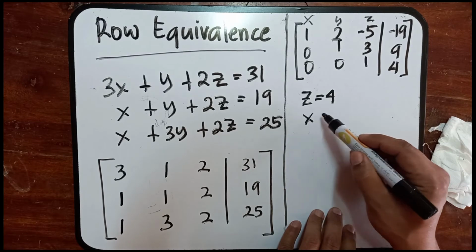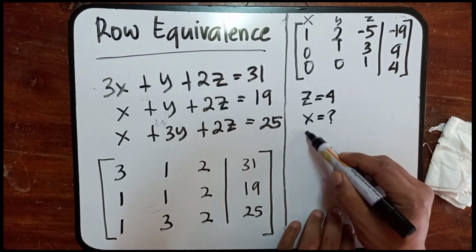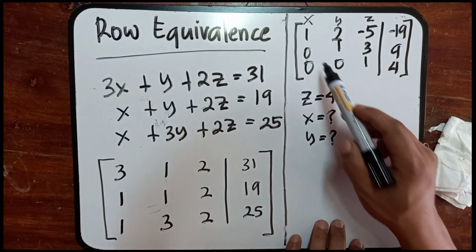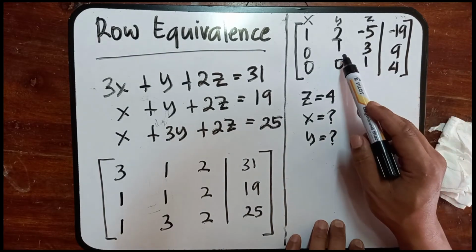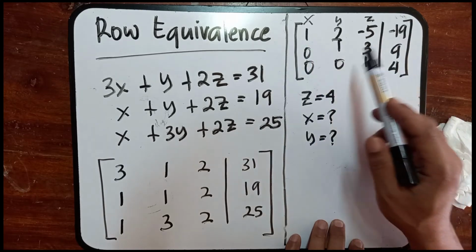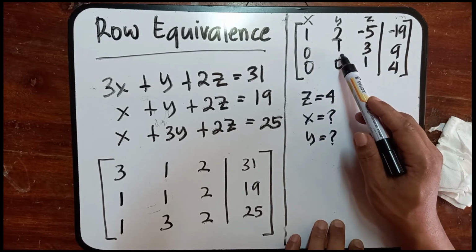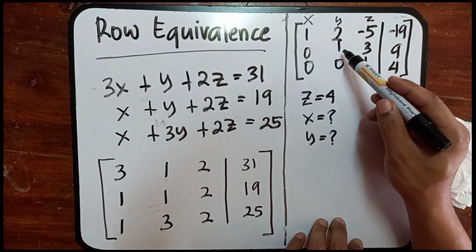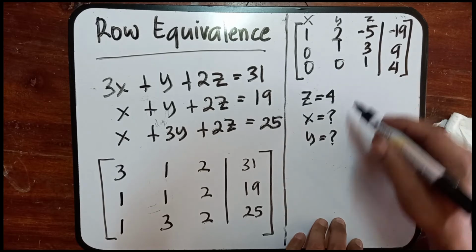So let's solve for x and y. Okay? Let's start with y, because there are too many given for x. So let's solve for y. We can do that by stating that y